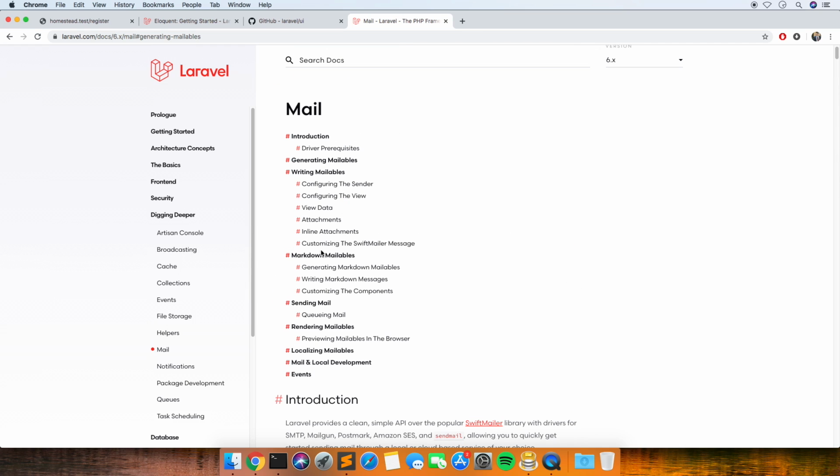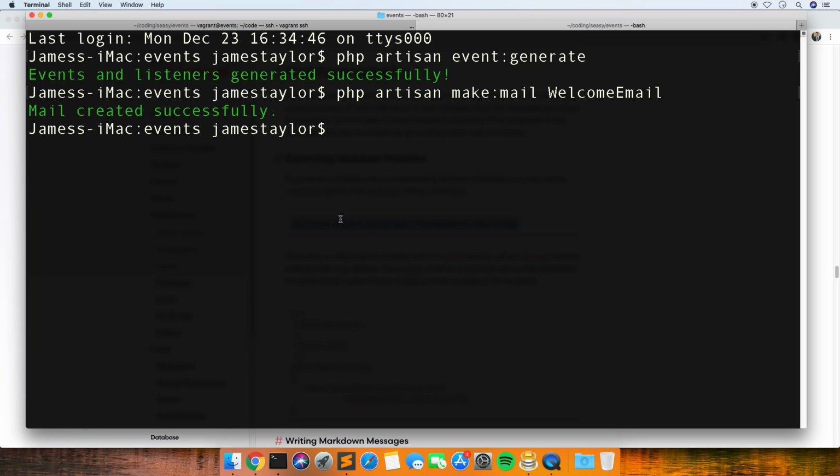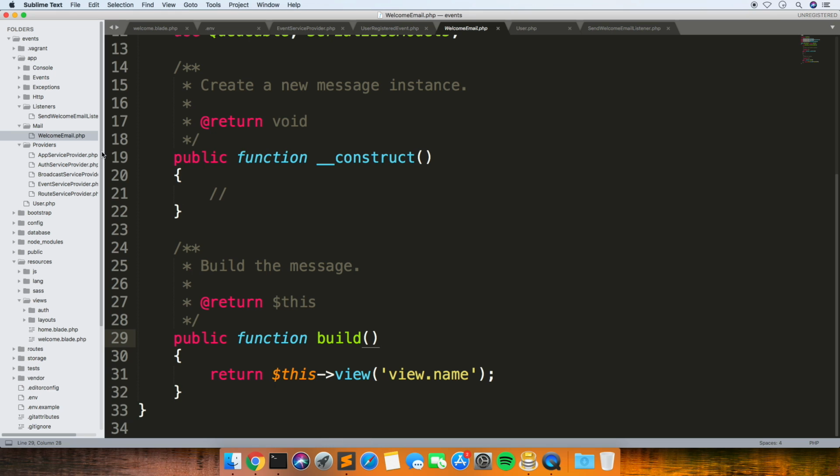So let's have a look. Markdown. Alright, so you can actually do the command with it in already. So let's delete that one that we just created.